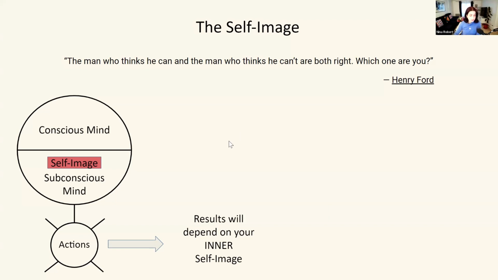The hidden self-image has so much power, and that is because you can do more than what you think you can. As Henry Ford says, the man who thinks he can and the man who thinks he can't are both right. So if you start a task thinking, oh, I would never be able to do that, and you say it as a joke, but consciously and with such belief, well, the action would follow that belief. The action would do the best it can to be aligned with that belief.